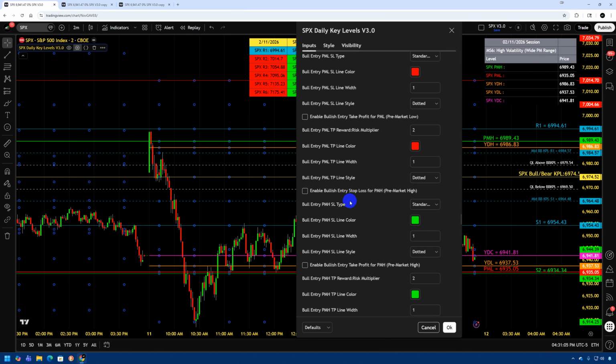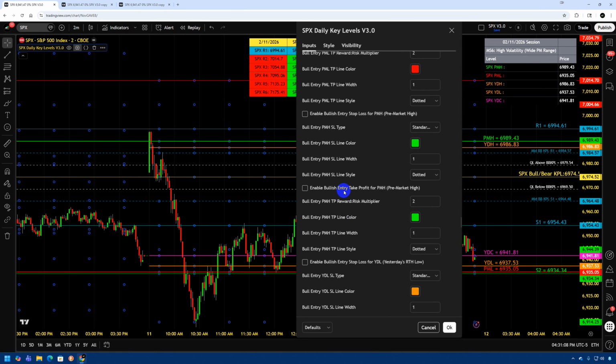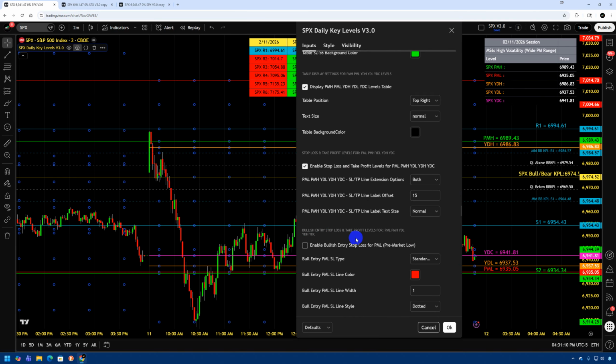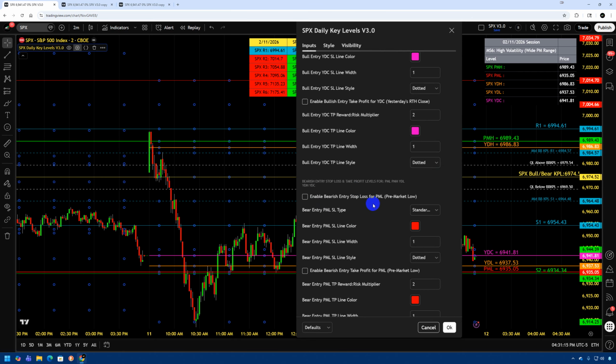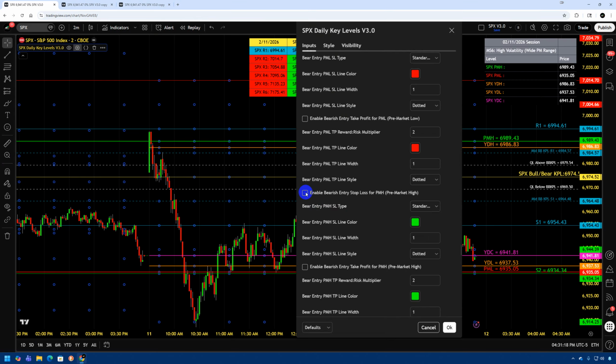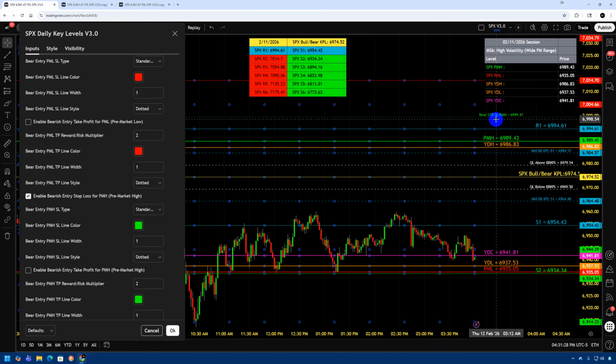Okay, so as an example, let's just say here we have a bearish entry. So this is the bullish entry section. So we would scroll past that, and now we go to the bearish entry section. We go to enable bearish entry stop loss. And here, as you can see, here's the standard stop loss for a bearish trade off of the PMH level. Now, if I change this to a tight stop loss, it's going to create the tighter stop loss,